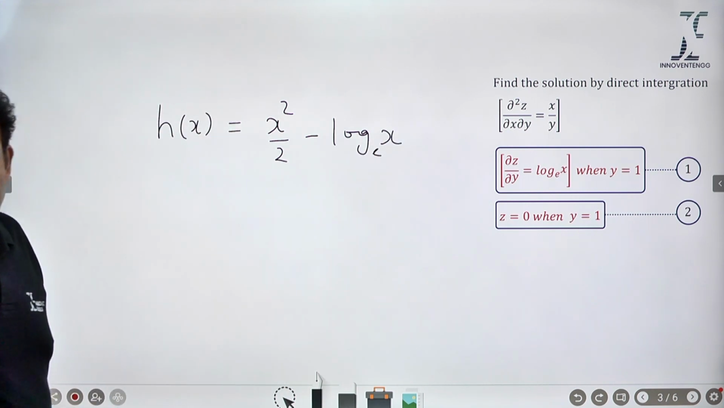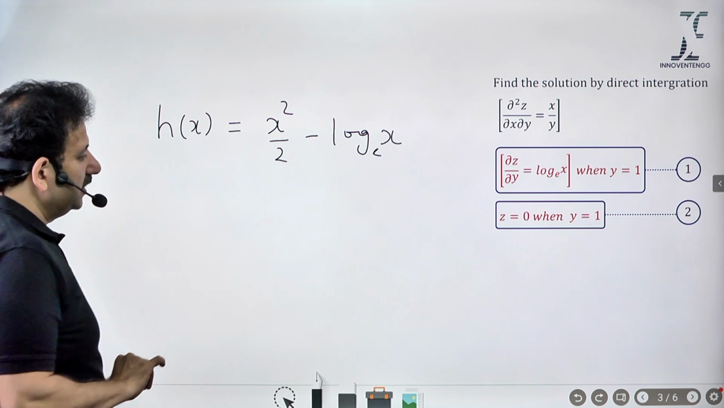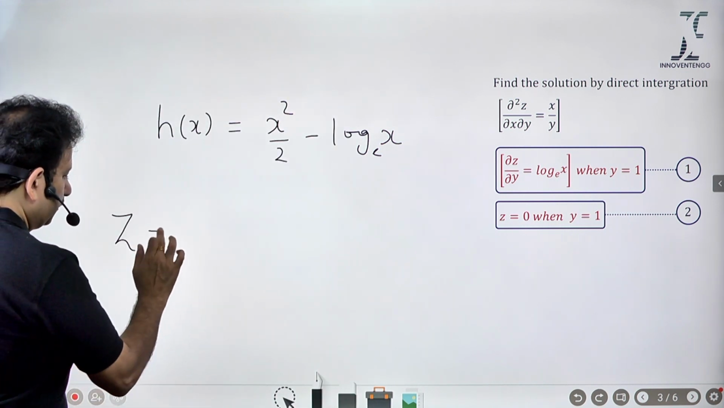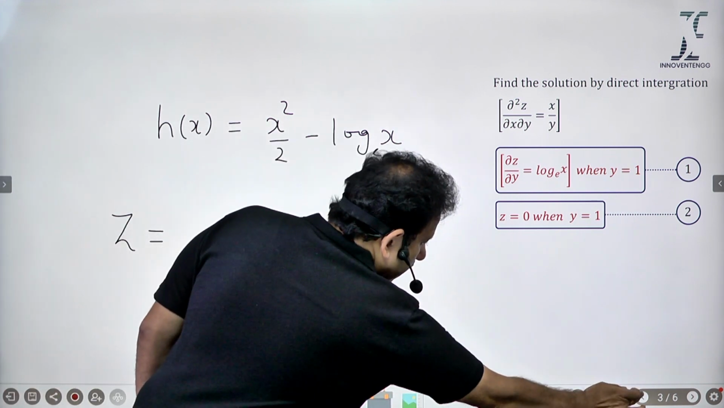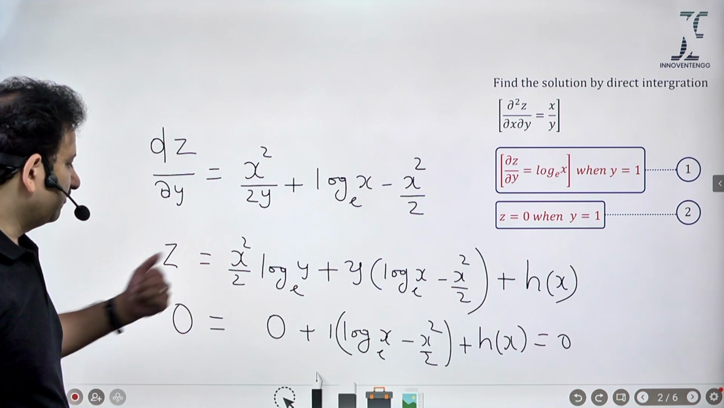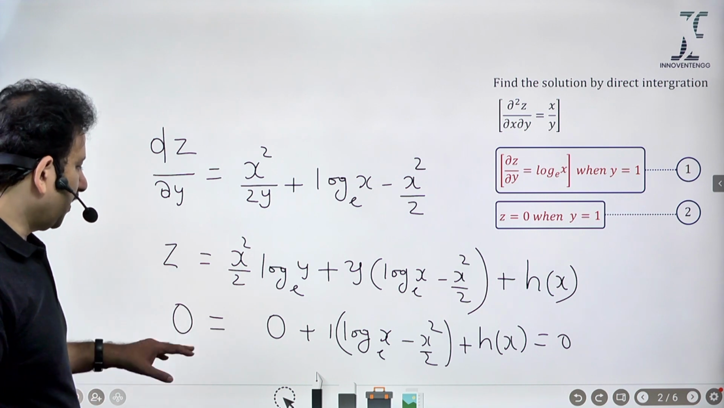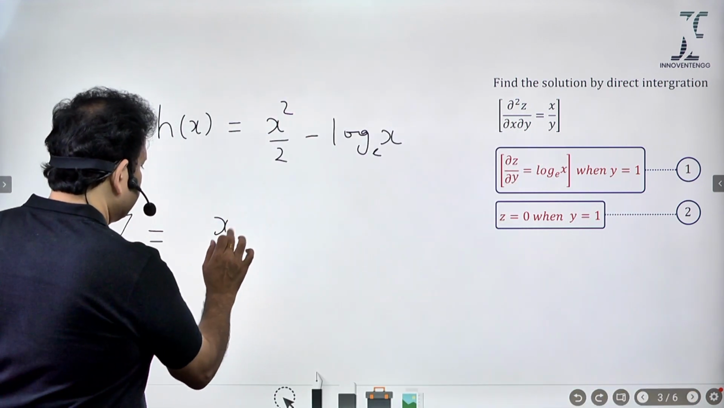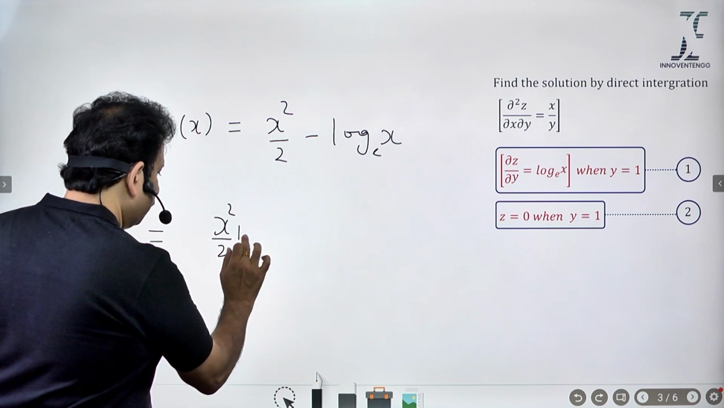Now there is no unknown function, both the functions are known. So let me rearrange everything. What is my final expression? Z is equal to, this is my final expression, x square by 2 into log y. So that is x square by 2 into log y